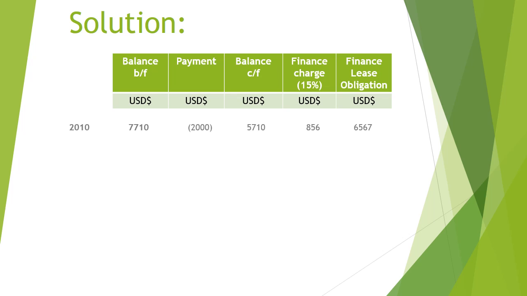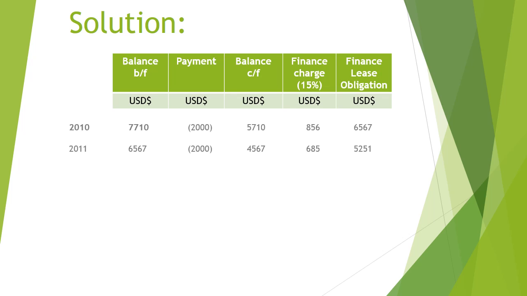So in the year 2010, we all know that the price for the asset is 7,710. So we make an advance payment of 2,000, which will then reduce our balance to $5,710. Then we apply a 15% charge on it, which will lead us to $856. So we add our 856 to the 5,710, and then we get our balance of 6,567 for the year 2010. Now in the year 2011,